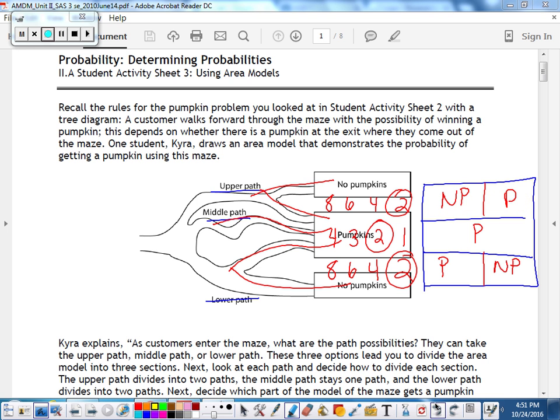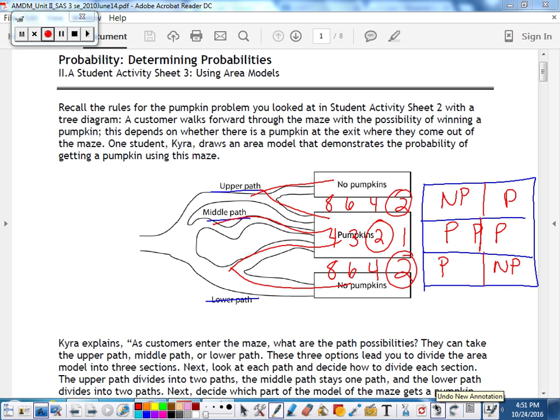Now, the top section is already divided into 2s, so I can leave that one alone. But the middle section, that one is divided into 1, so I need to cut that into 2 pieces. So I'm going to cut it right here. So now I have this piece that has pumpkins, and then I have this piece that has pumpkins over here. And then finally, the last part, this section over here is already divided into 2, so I don't need to